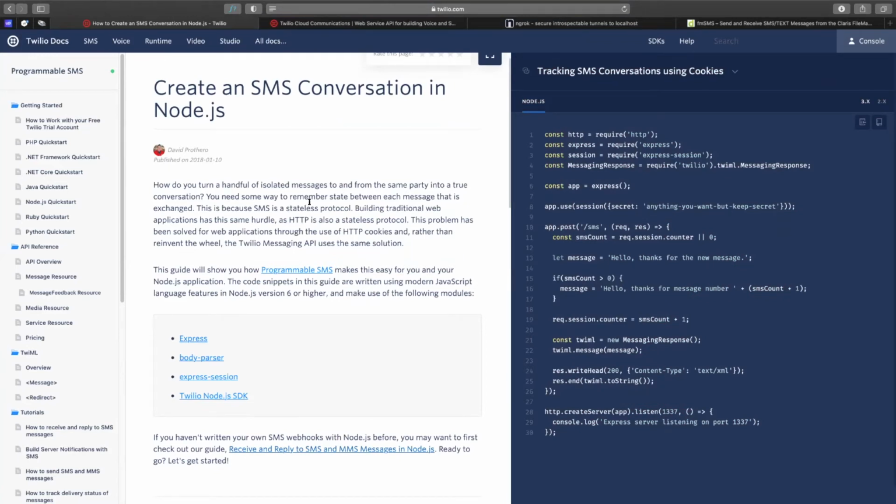messages to and from the same party into a true conversation? And you can extend that out to multiple parties too. So you have to remember state. Okay, so state is another layer, but basically, if you think of state in FileMaker as, I need to check to see if the thread exists before attaching a message to it, well, Twilio gives you a way to do that as well. There would be a lot more programming in Node, but it is a way that you could